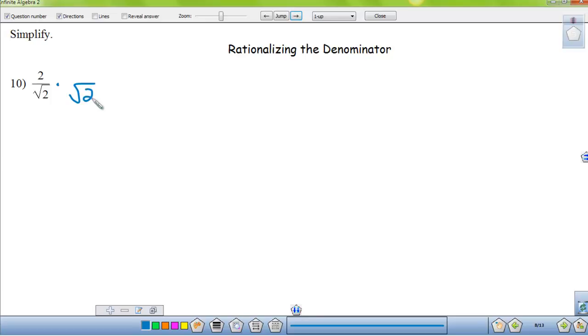And the form of 1 is always going to be the actual radical that is in the denominator. So since the square root of 2 is in the denominator, I'm going to place that over itself, and you can quickly see that that is a form of 1. When you multiply anything by 1, you get that number itself, and this just gives us an equivalent answer. So when I multiply 2 times the square root of 2,